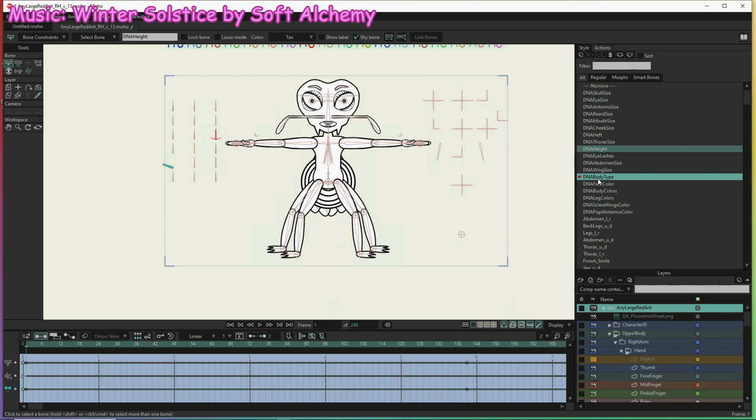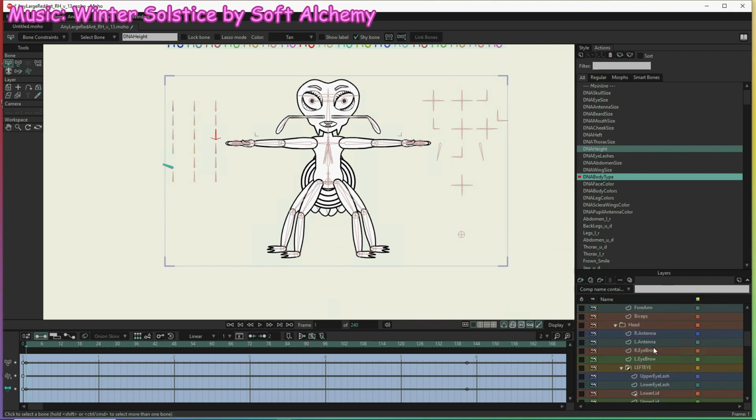And I used to think of this as male, female, but it works out to just being different body types. So, the first thing we want to change with the body type, let's start with the